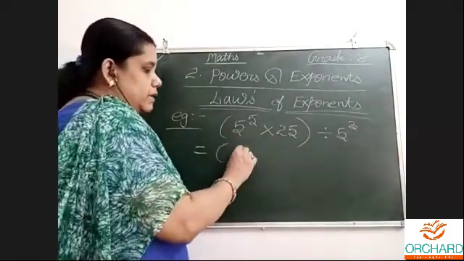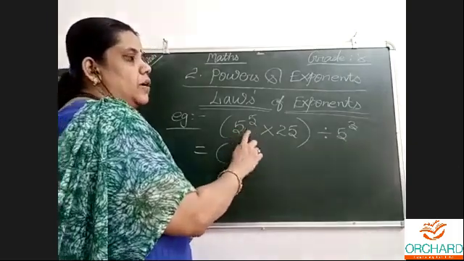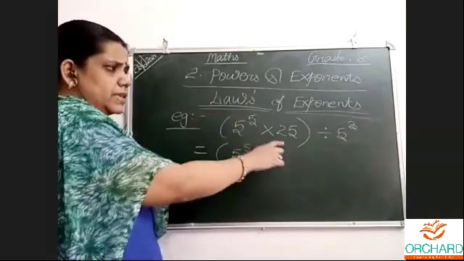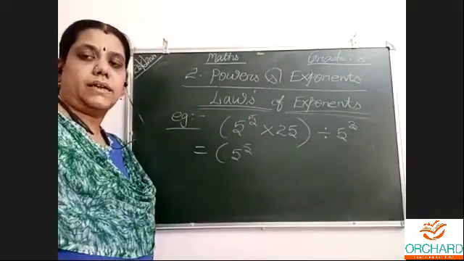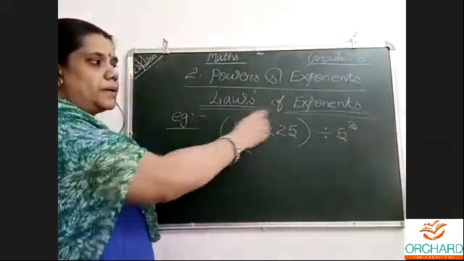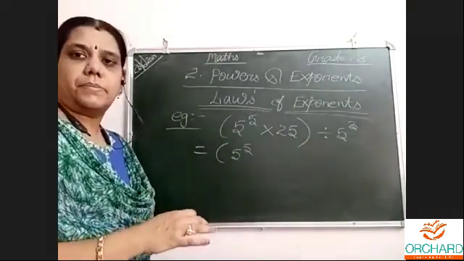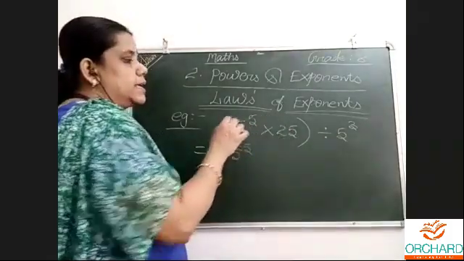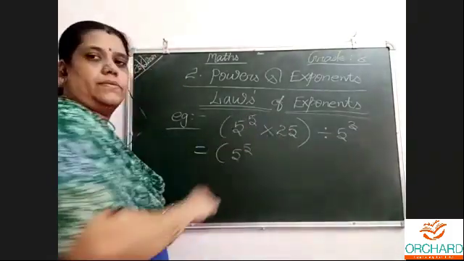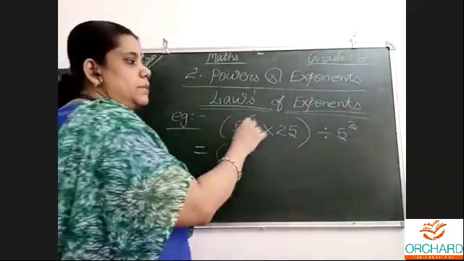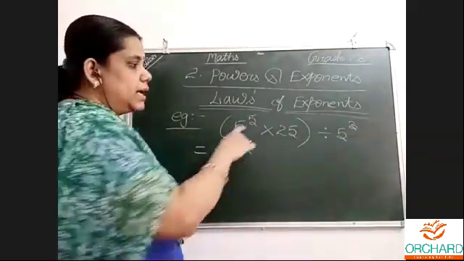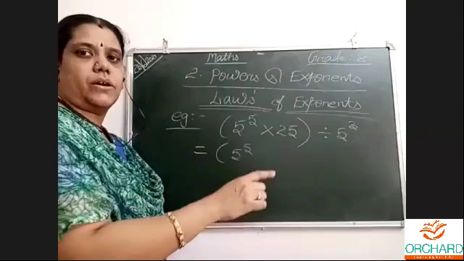5 power 5, okay. Power form, this is power form. This is normal form. When the number is like this normally, we should try to make it also power form. Then only we can apply laws of exponents. We cannot apply the law to an integer and an exponential number. For applying the laws, we need both to be in the same format only.